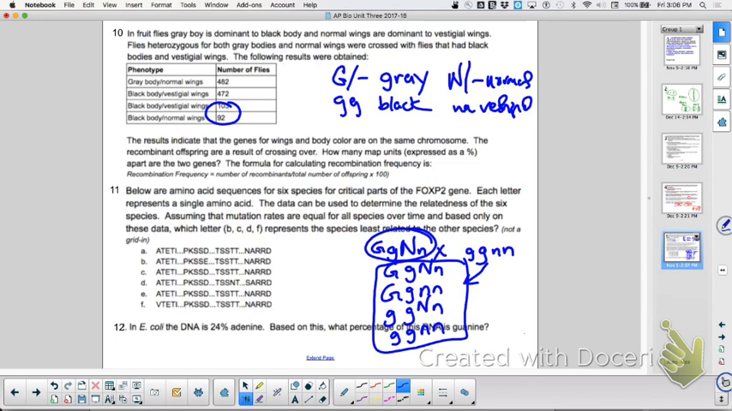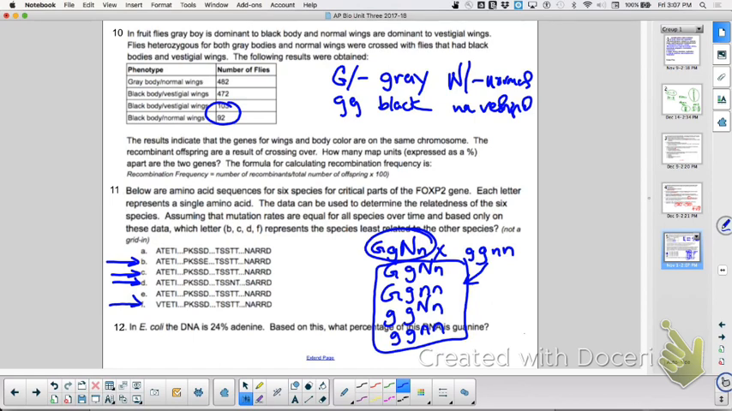Below are the amino acid sequences for 6 species for critical parts of the FOXP2 gene. That sounds like something with development, doesn't it? You're like, I don't care. Each letter represents a single amino acid. The data can be used to determine the relatedness of 6 species, assuming that mutation rates are equal for all species over time, based only on these data. Which letters, B, C, D, or F, so you only have to look at B, C, D, and F,